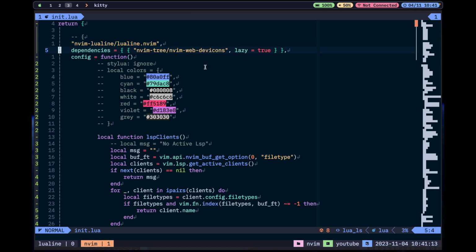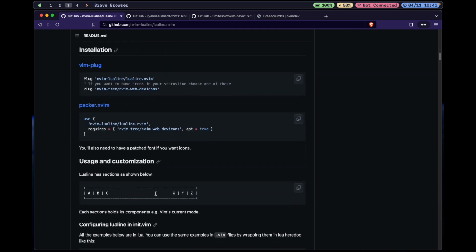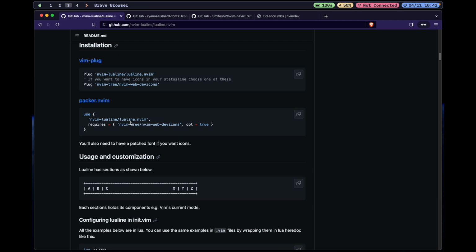This is to use the nerd fonts. So you also need to install this one. You also have Neovim web dev icons. So this is like to kind of use the nerd fonts that we saw a minute before. So this is on the Lualine repository. So if you come to the Lualine repository, you'll see here somewhere installation. Yeah, so it's just if you want to use it,